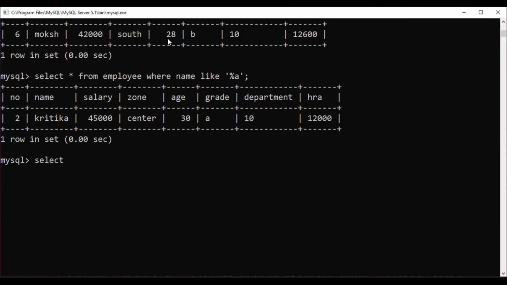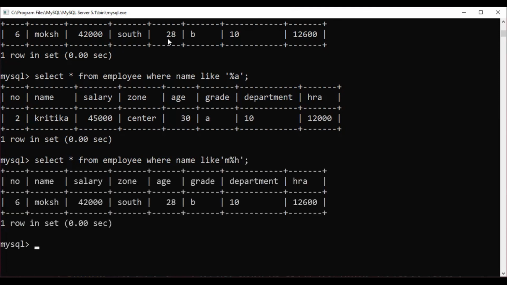We can select star from employee where name like M, so the first character is M. Inside it can be of any character, but the last character should be H. So you will be getting this one as the output.